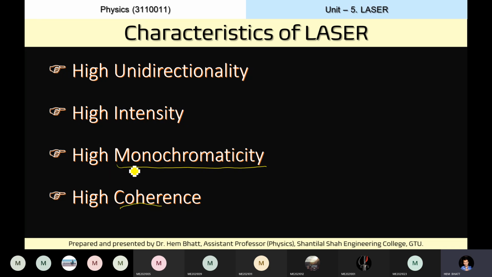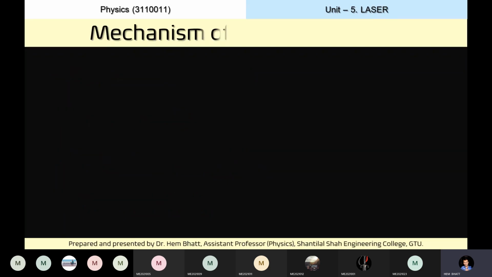What do you mean by coherence? The phase difference is constant between two waves. Both very good. So if asked in 4 marks, you will explain these points. If asked in 2 marks, just mention this much. Okay. Then next topic,